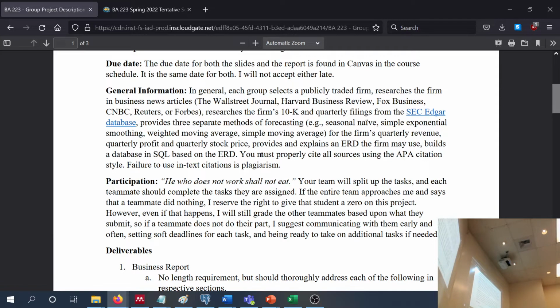Now, if you're doing quarterly, what does that probably mean your period's going to be? Well, what does it definitely mean your period's going to be? It's going to be a quarter, right? Now, let's say you are doing weighted moving average or simple moving average. You can do 3 period or 4 period for either one with quarterly data. You should probably do 4. If you do 3, you need to have a very strong justification. Because with quarterly data,